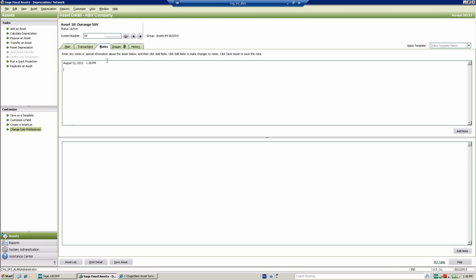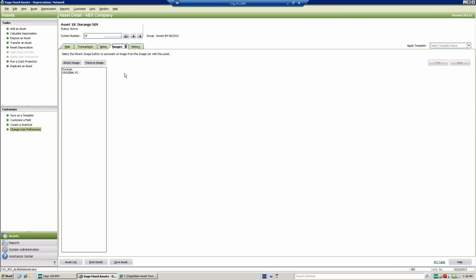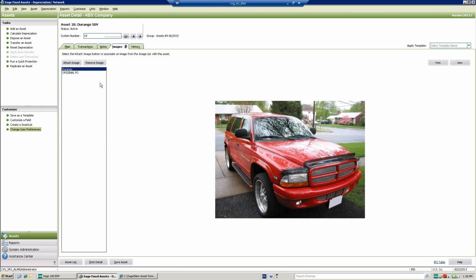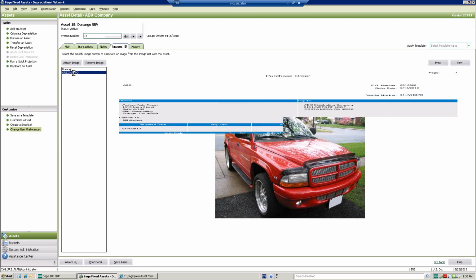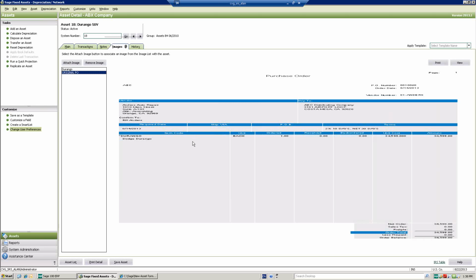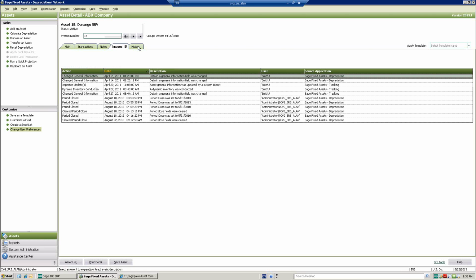We can edit existing notes. If we happen to have some images, like if I wanted to have an image about this asset, I can store that. Or let's say we've got documents that we want to track, like the PO that created the asset in the first place. Here's an example of a PDF of a purchase order that was created, and it's stored for that specific asset. And then anything that touches the asset,